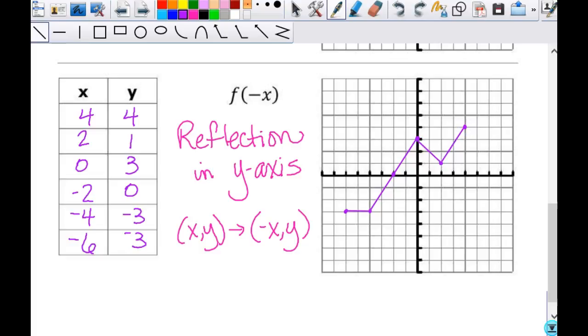So it's important that you understand not just that this means you change the sign on x, because that's clear, that's what's happening, right? But if you don't have a table of values and you don't have any x's to just change, you need to know that it is a reflection in the y-axis so that you can know what the resulting figure is supposed to look like. Okay, we all good? Any questions? Awesome. All right, so then the next one,